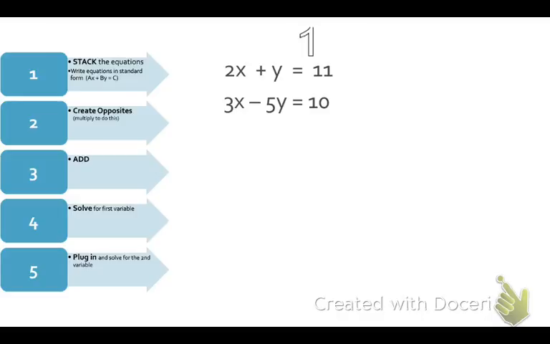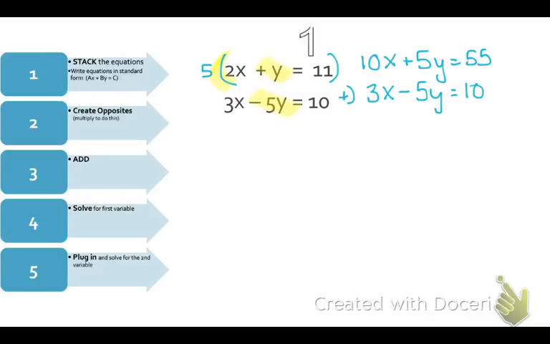Let's do another practice one. Take a look at these. Again, I think the easiest scenario is to multiply to eliminate the y's. Because the coefficient on the top one is 1, the least common multiple of 1 and 5 would be 5. I'm going to multiply this top equation by 5 in order to create opposite terms. This results in 10x plus 5y equals 55. I will recopy the bottom equation,